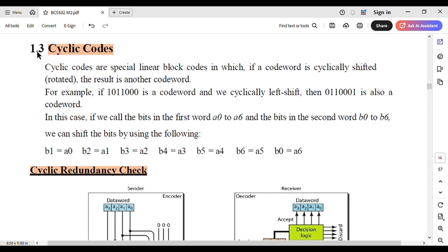Cyclic codes are linear block codes in which, if a code word is cyclically shifted or rotated, the result is another code word. For example, if 1011000 is a code word and we cyclically left shift it, just a shifting of one bit to the left side, then it becomes another code word. In this case, if we call the bits in the first word A0 to A6 and